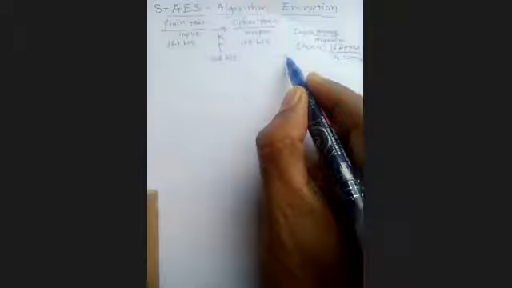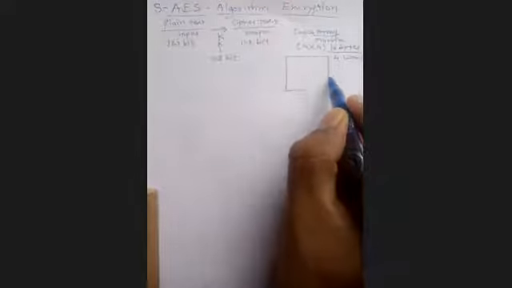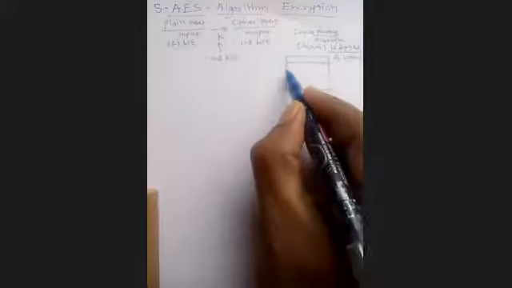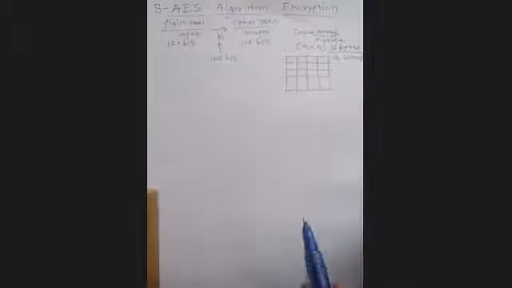Now how you can store here, see, I am writing the matrix with columns and rows so that you can understand it. This is my 4x4. Suppose this is the first row, second row, third row, and fourth. This is my columns: first, second, third, and fourth column. This is my 4x4. Correct.